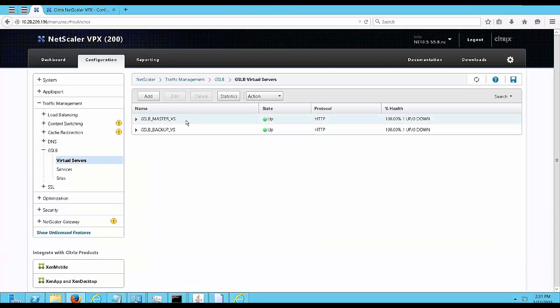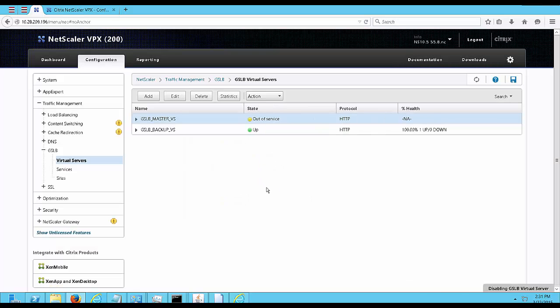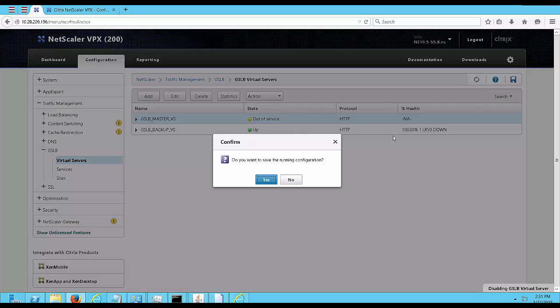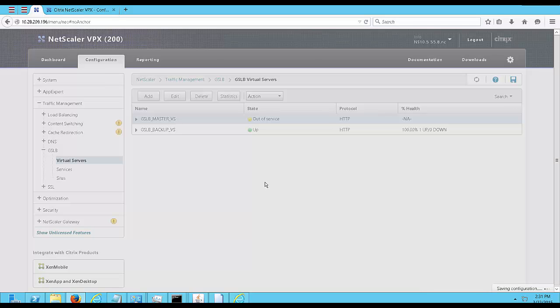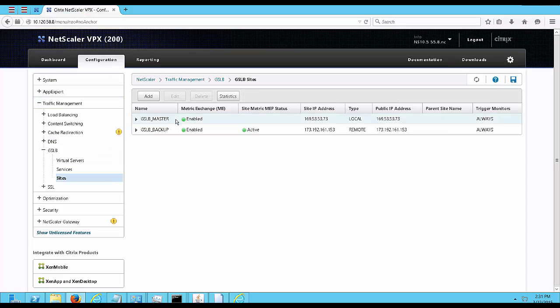We are going to take the master and disable it, and then we save the configuration. Typically, you should be able to sync the configuration over to the other side, and that should work. I'm not sure, it may take some time, so I'm just simply going to go to the other side also,